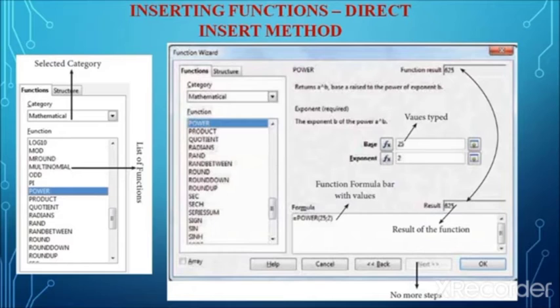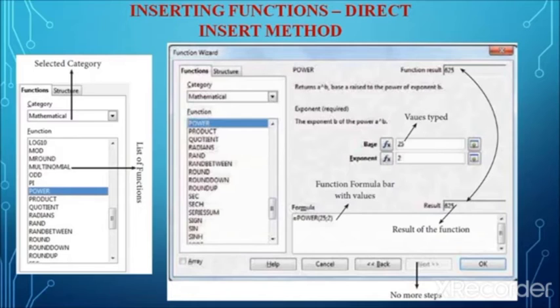While inserting a function, there are some points to be kept in mind. The first one is that a function should begin with an equal sign, and the proper name for the function must be used. In case of any spelling mistake or any error in the syntax, the function will not work. The third one is that arguments should be given within the brackets as per the syntax. The term argument is nothing but range 1, range 2, range 3, like that. The values given within the brackets are called arguments.